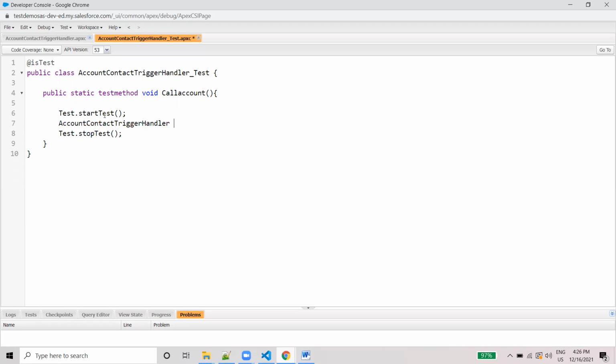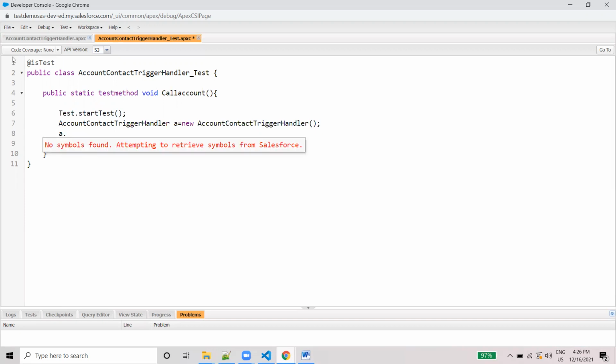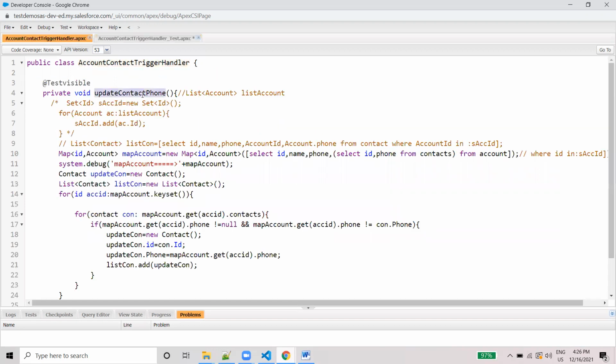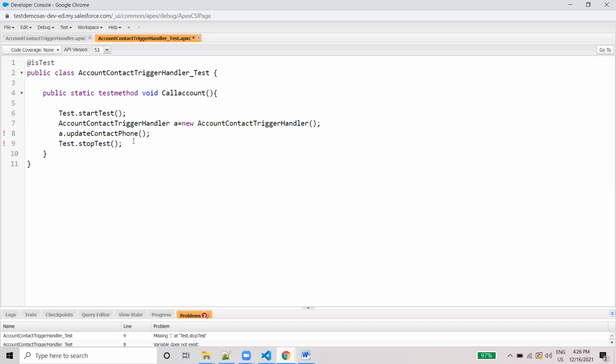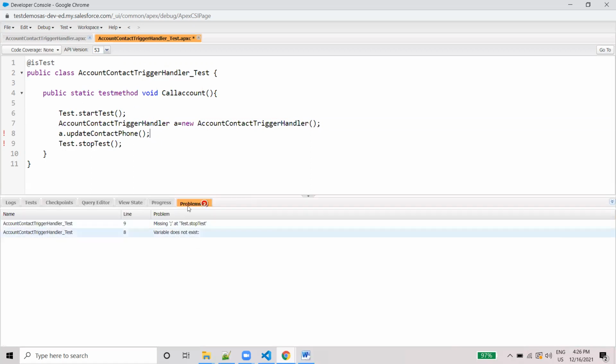Here I need to create the object for the main class, new of the class, and then call the method by its name. Okay, now I have called that method. Then we will see how it's working.